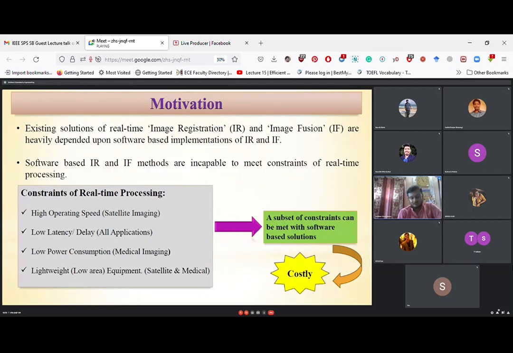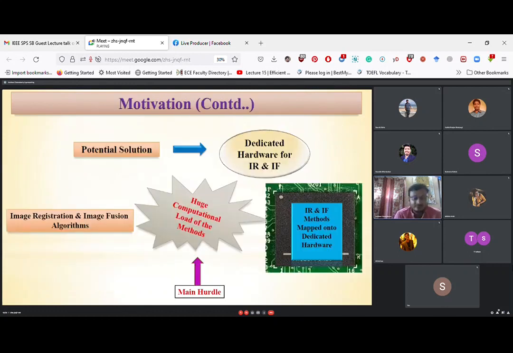So the term costly is important here, costly and power hungry, because it is not the case that such things cannot be implemented by using software. Real-time operation can be made in software efficiently, even more efficiently than hardware, because software is flexible. Hardware, if you generate a chip, is not flexible, but its cost is more, and in India, it matters a lot. So we need to